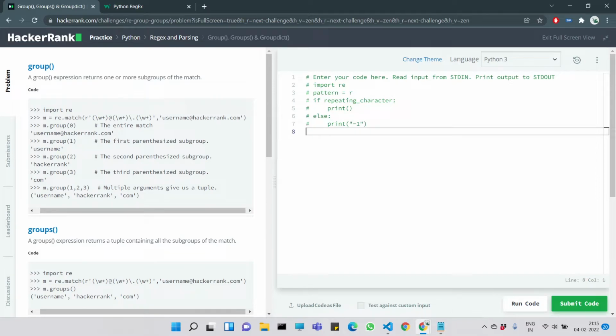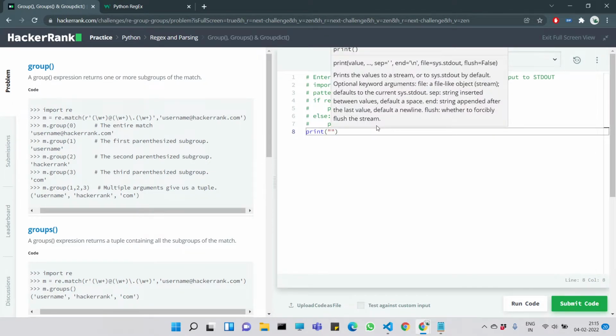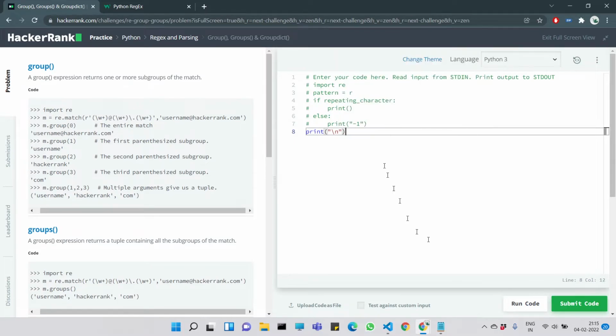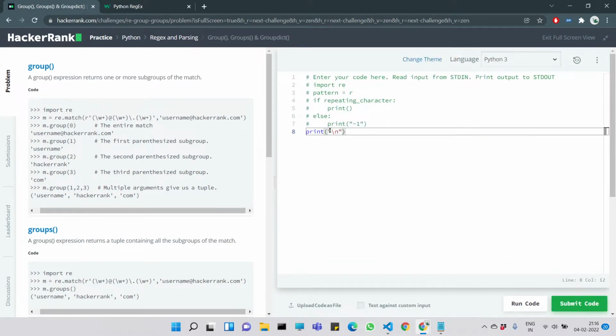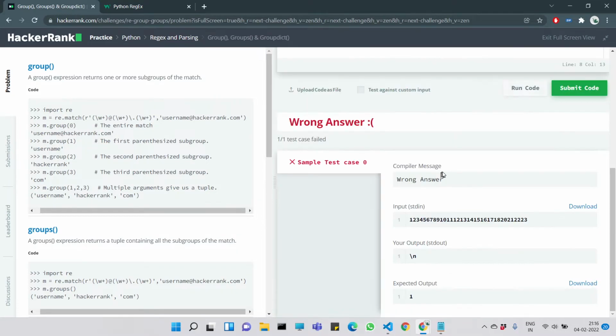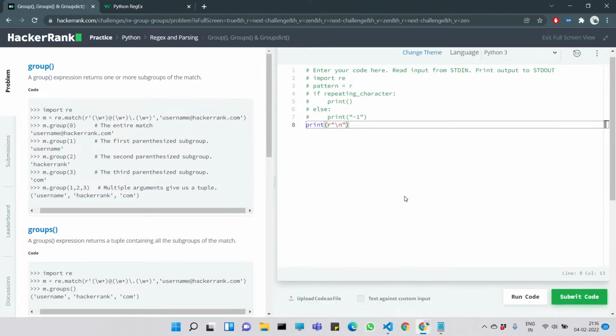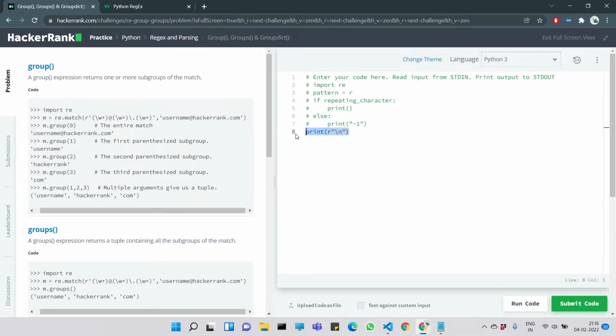Suppose we are printing out a new line. Here is the new line. Let's run it. So it will be blank, right? So when we are adding an r over here, it will print out the raw input itself. So that's the difference. So we have to start with